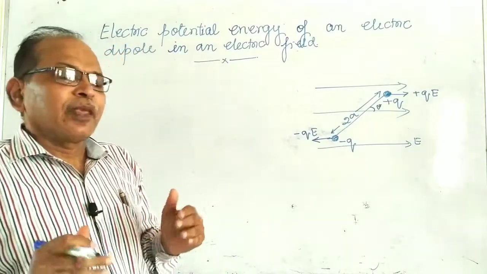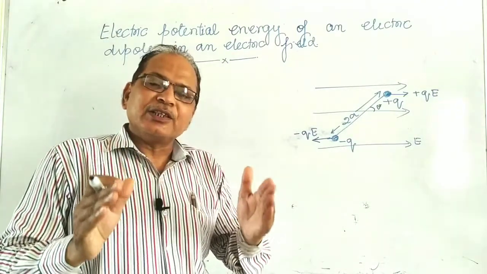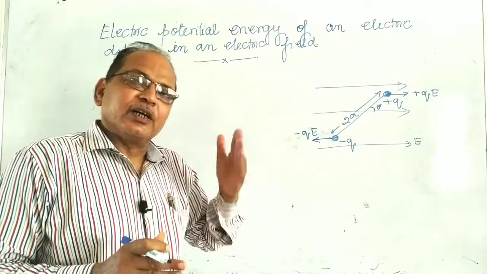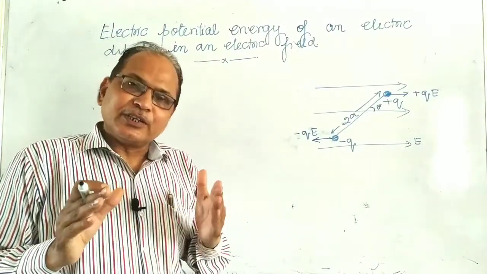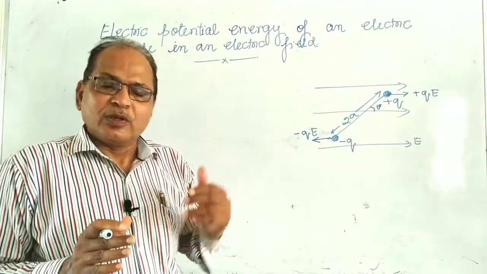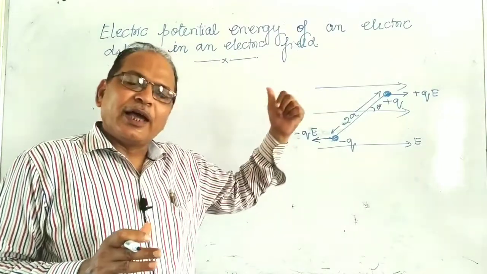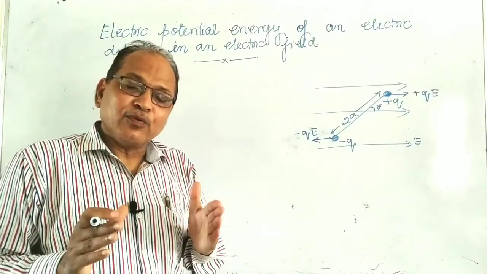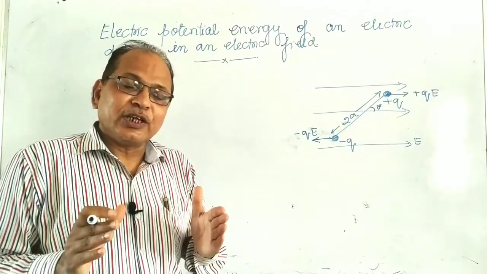If a dipole is placed in the electric field, as you studied earlier, it experiences forces on minus Q and plus Q. The total net force on the electric dipole is 0,